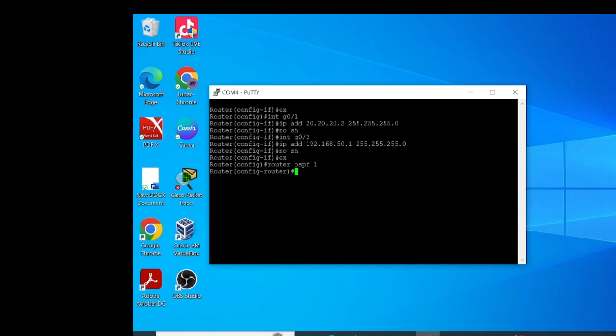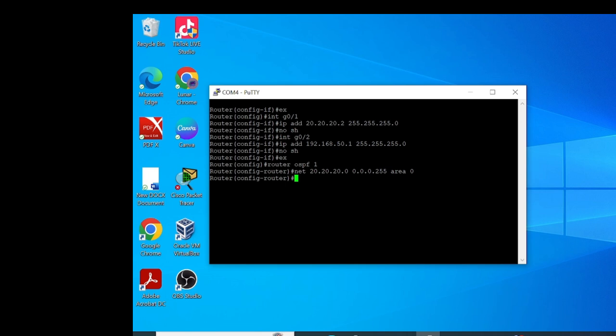Next, enter network, the IP address in G0/1, as you can see on the screen.